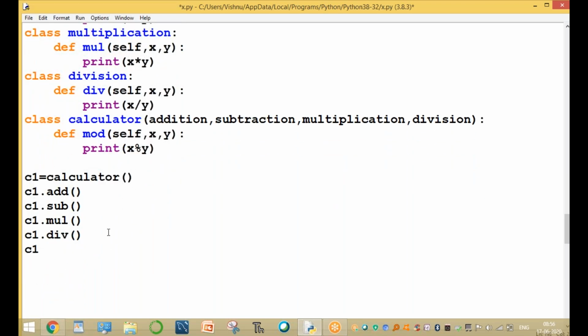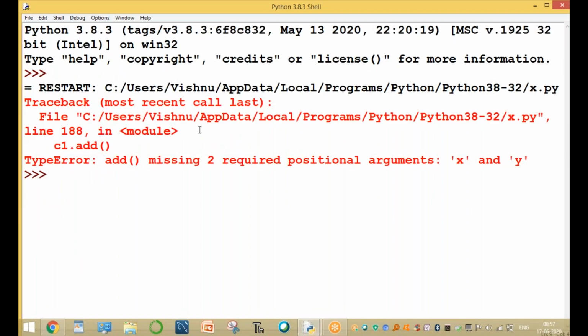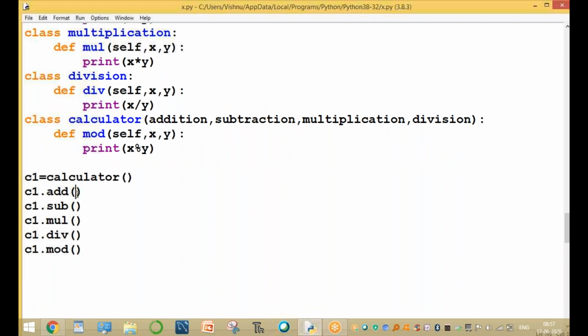The arguments are direct input. The error says missing two required arguments here, so pass the values also. Here pass the values 10 comma 8. Any value, 9 or 8, same or different, not required to be the same value: 10 comma 8.